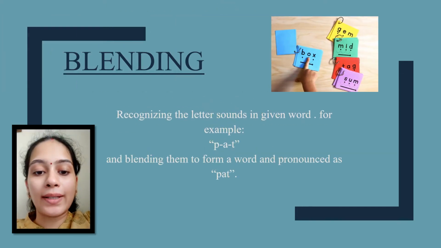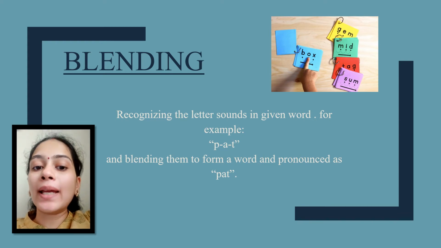Once the phonics sounds of all the groups are done, we can teach them blending. We can teach them blending even after each group. For instance, if we are done with the alphabets SATPIN, we can teach them at words, it words, ip words. For instance, at words can be sat, pat; it words can be pit, it; then ip words can be nip.